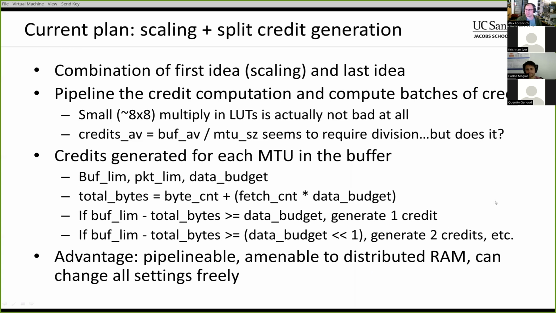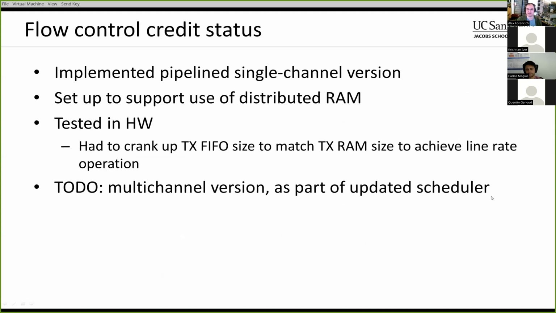So once I came up with this idea, I'm like, okay, I think this is going to work. So I went ahead and implemented a single channel version of that in the hardware. And I also set it up in a way that we can use distributed RAM. It's not using it yet, but it's organized such that that should be pretty straightforward. And I've gone ahead and tested it in the hardware. I did have to bump up the transmit FIFO size to match the transmit RAM size,